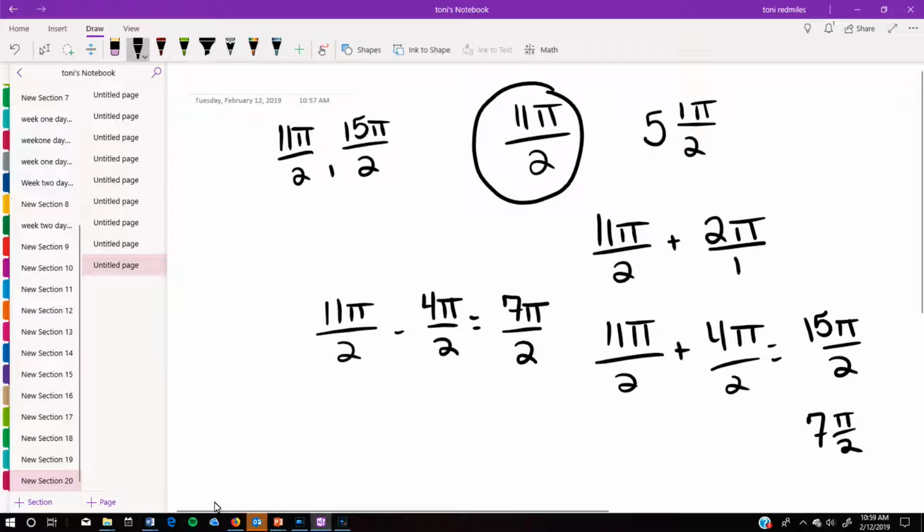Because if I put this into a mixed number, 2 goes into 7 3 times, so it's going to be 3 1/2 pi. So I know I haven't even gotten down to the root 1 yet. So one of the coterminal angles is 7 pi over 2. So I'm going to have to subtract